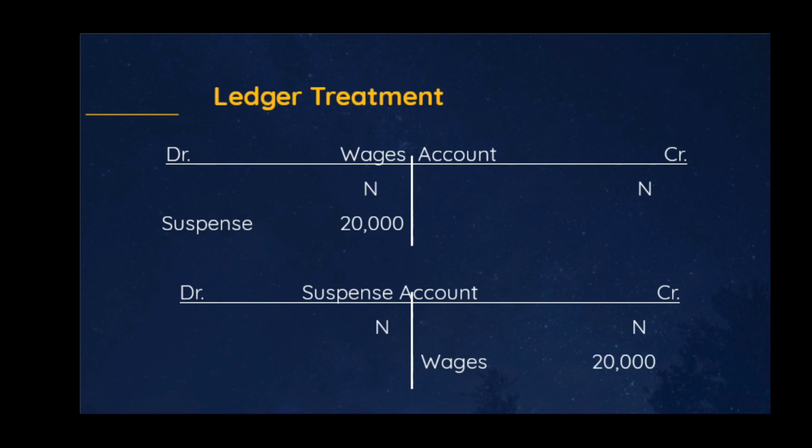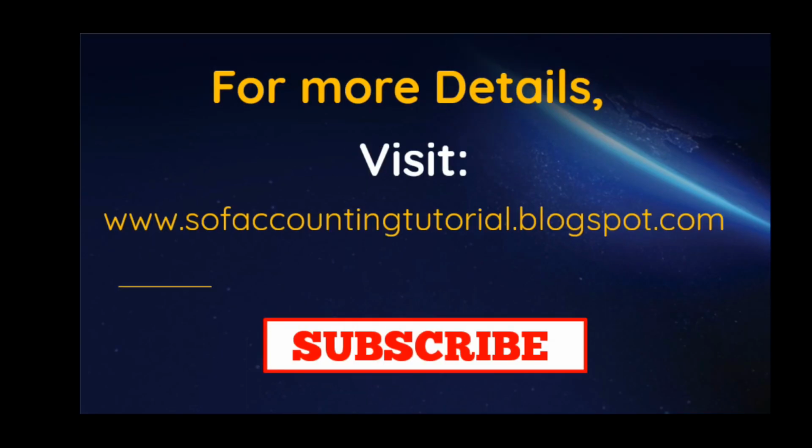So once again, for proper understanding of this video, you can check my previous videos that discuss the classification of account, down to the video that discusses the ledger account. That will give you a clear understanding of errors that affect the agreement of a trial balance and errors that do not affect